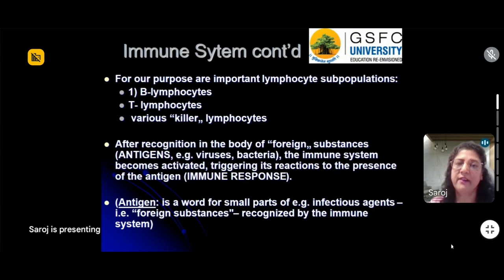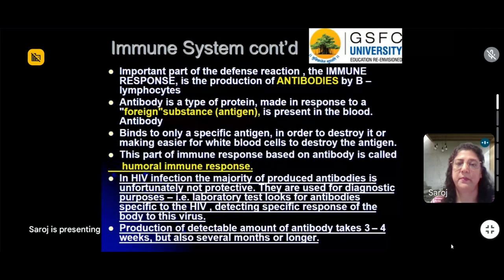And we are also aware of the basic immune system, where you have antigens, which are the foreign substances present either on viruses or on bacteria. These are the ones which activate your immune system, and they are the ones which trigger a reaction. And that is where your immune response comes alive, right? And antigen is a word we all know is used for these infectious agents, which are presented either by the viruses or by the bacteria, and they are the ones recognized by your body, that is, our immune system.